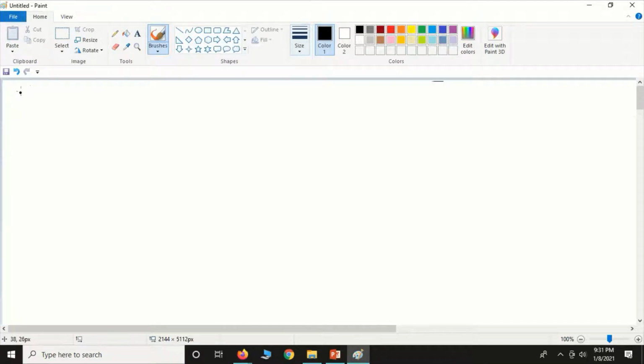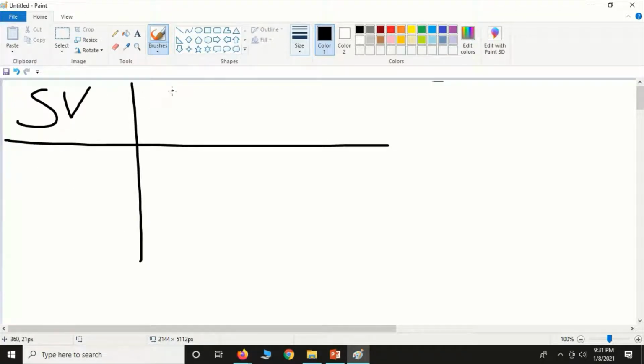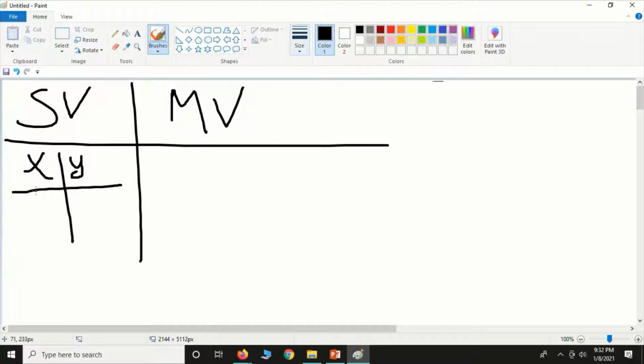In the last video, we saw what is single variable or single variate. Today we'll be seeing multivariate or multiple variable. We have seen what is single variate already. Today we'll be seeing multivariate. First, a small recap. If there is one x variable and one y variable, and I predict the y variable with a single x variable, it's called single variate. X is the independent variable, y is the dependent variable.